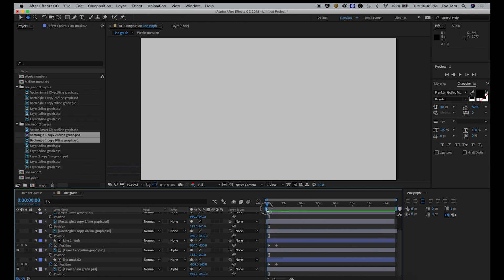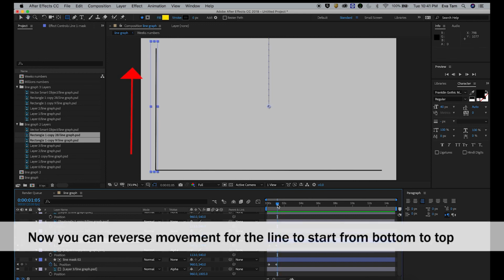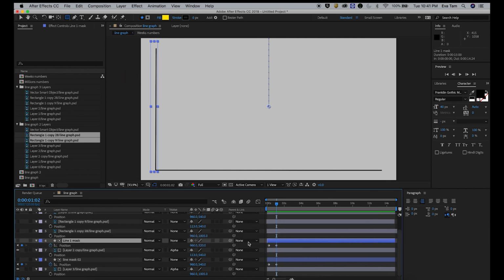So actually, I think I'm not going to have it shown like this. I'm going to do backwards. So instead of having the vertical line go down, the horizontal line go top and bottom, and the vertical line go left to right, I'm going to have them start at the same point. Okay? So you can easily rearrange this by going back to your keyframe.